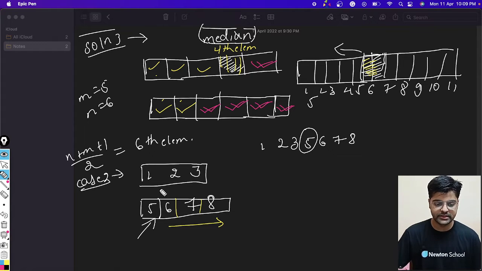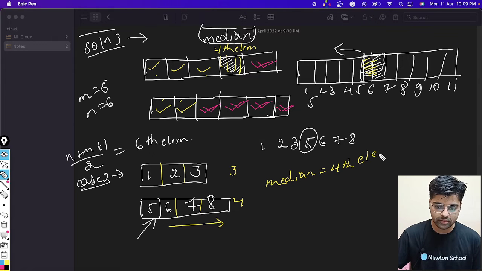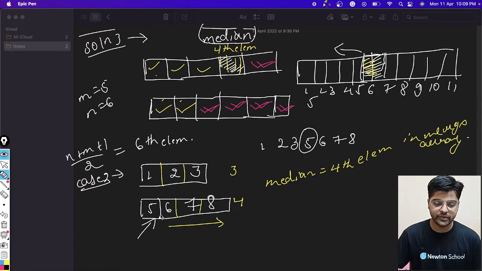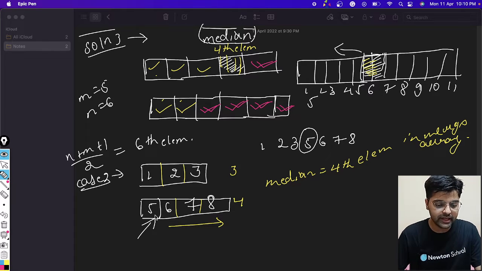It is known that there are 3 elements here and here it is 4, so the median is the 4th element in the merged array, right? So the total number of elements less than it will be 3, and those 3 elements must be sorted before that element. So this can be the sorted order, right?